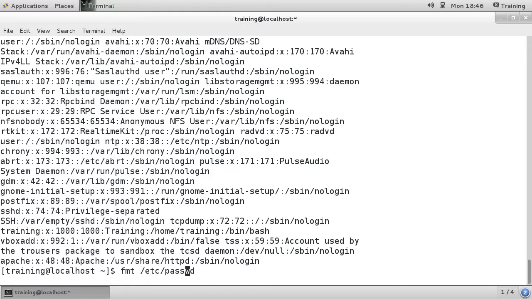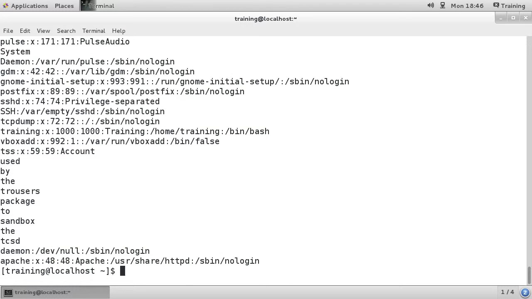Now, if we wanted to use the dash width parameter equals 5, you can see that it's made it a lot smaller. So